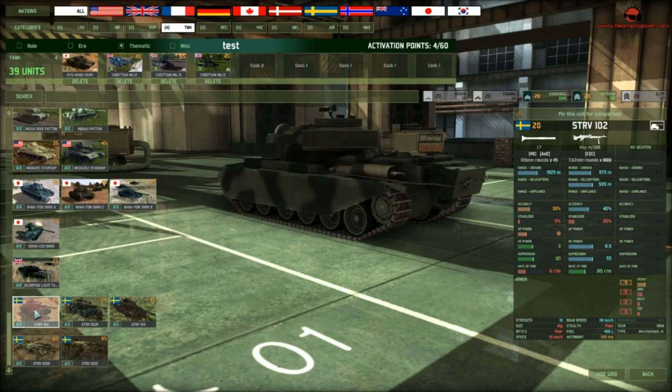How about the Swedish then? Yeah, we got a comparison finally. We got something better than that. So this one has got an accuracy of 30%, AP power of 10, HE power of 3, suppression of 121. Again with the Swedish, the off weapon is very good. It's got a frontal armor of 9522, or frontal armor, it's got armor of 9522. Its strength is 10, but that doesn't matter. 35 km speed off-road and 110 on the road. If I have to compare it...